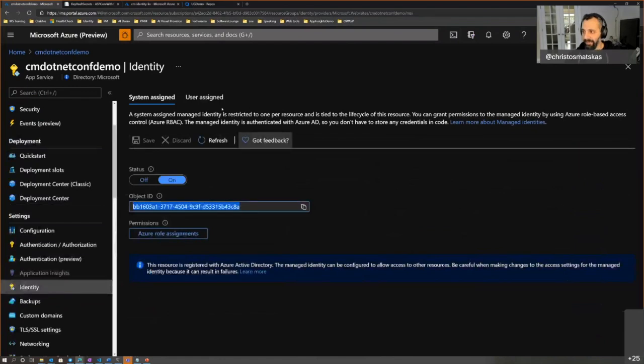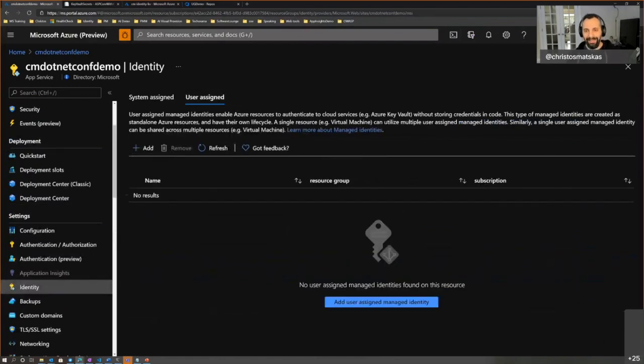Now, in some cases, you might say, well, I don't want my identity to be assigned and only live with the resource, because that's the system assigned identity. I want it to be something I define, because I might be sharing that identity with other services, or I might want to have somebody else in the IT team assigning those identities to me, and then me as a developer just tying the two together.